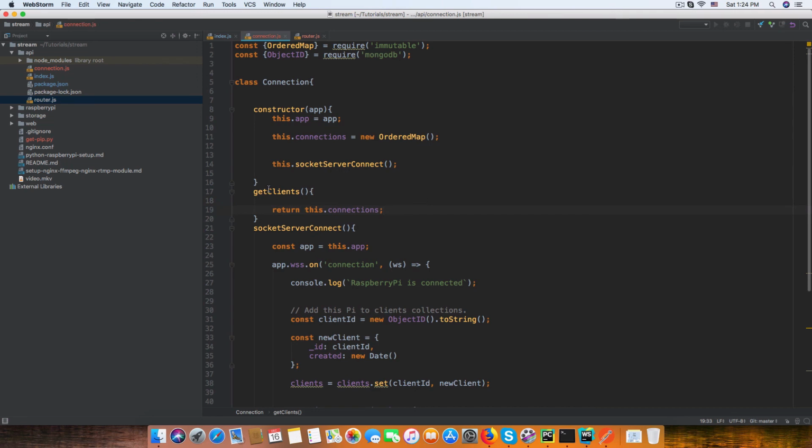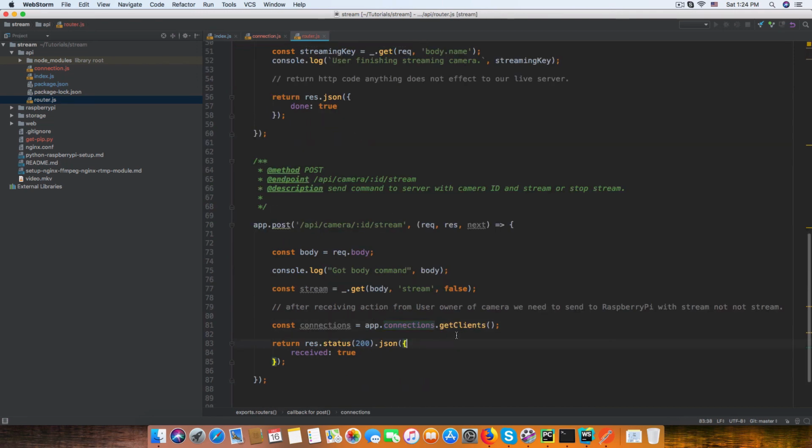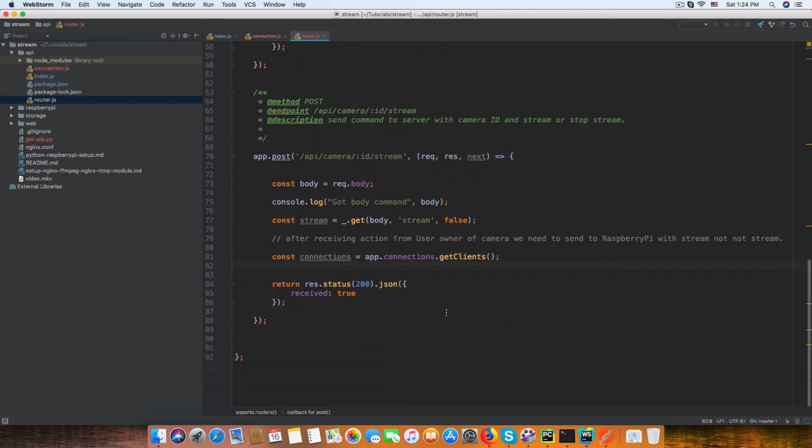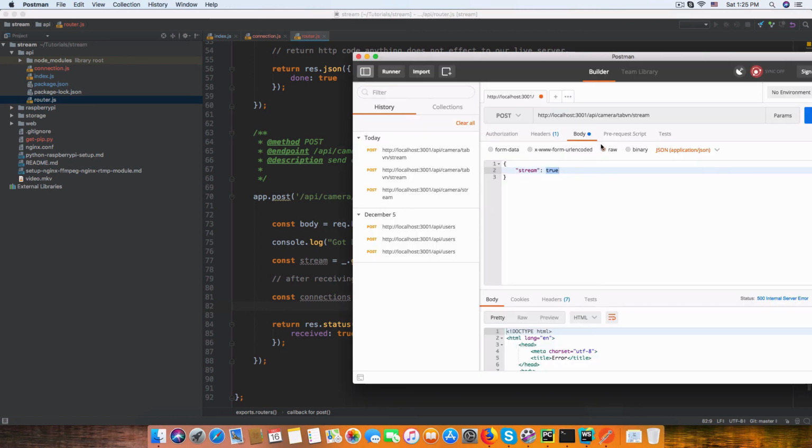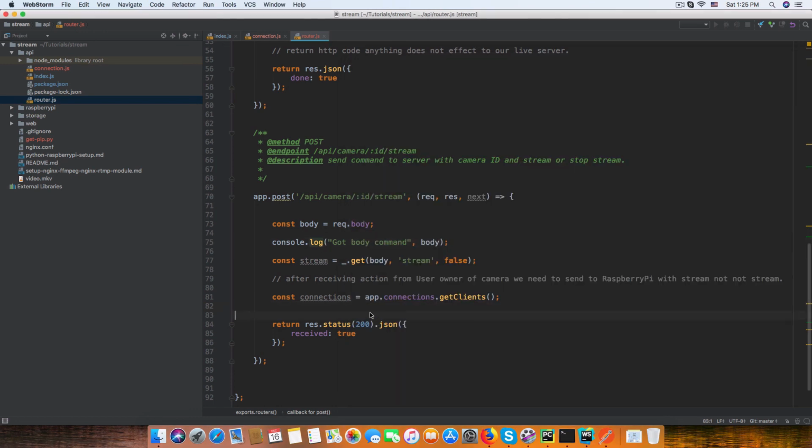And here we got client. In our router we got getClient. So now let's see this by looping through a function. For example, in this case I'm trying to send to all the Raspberry Pis. So in the next time we can send to the Raspberry Pi. We got the Raspberry Pi ID, and we find exactly where the Raspberry Pi ID is. So okay, let's do this connection, and here